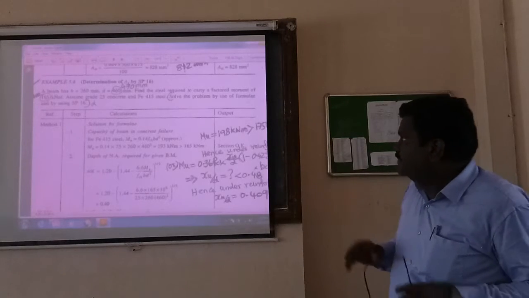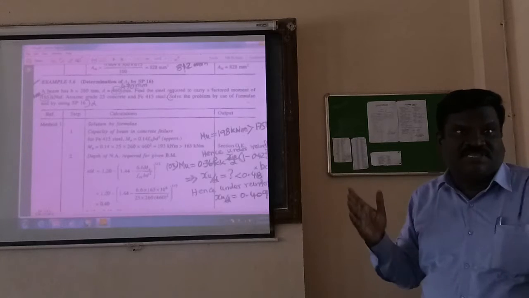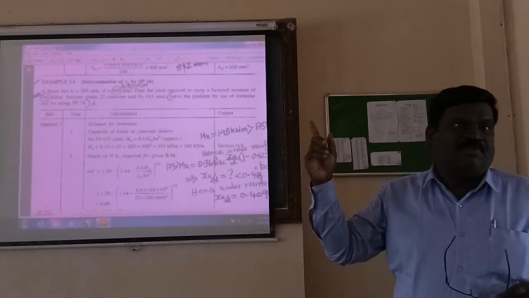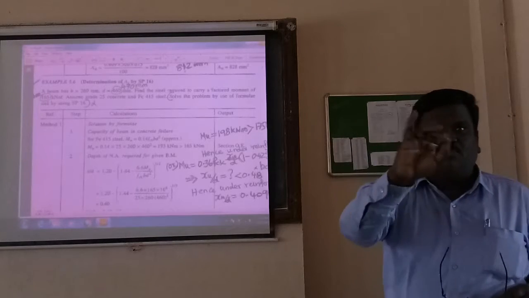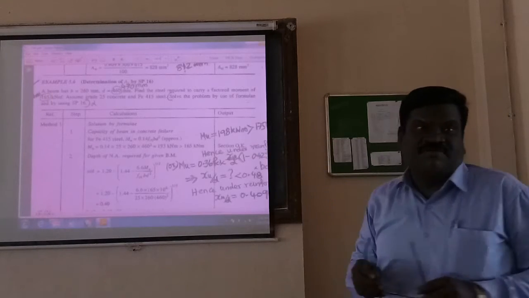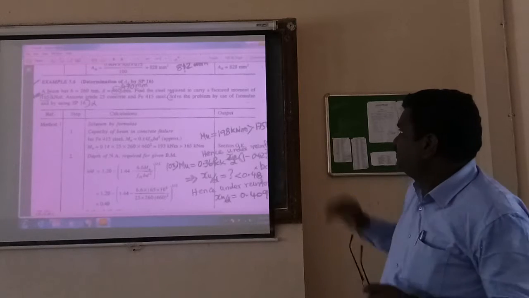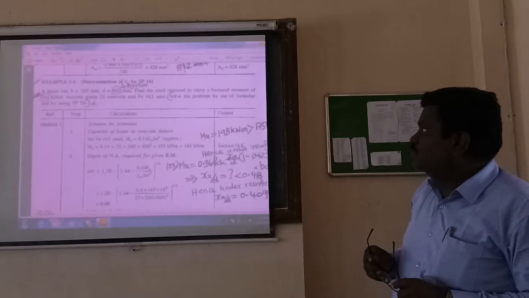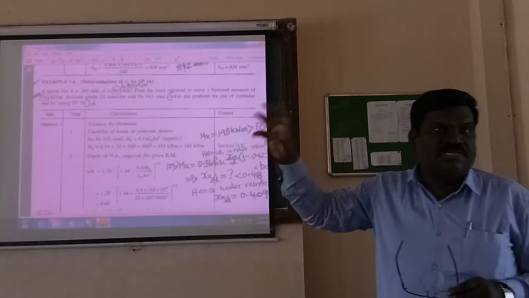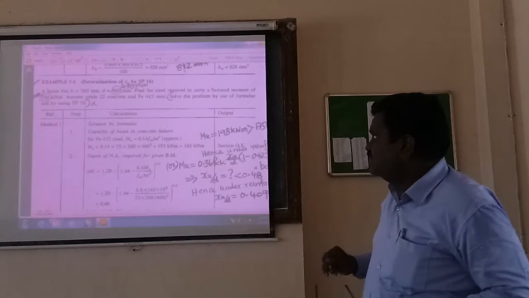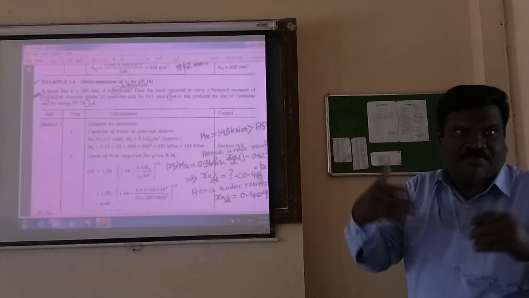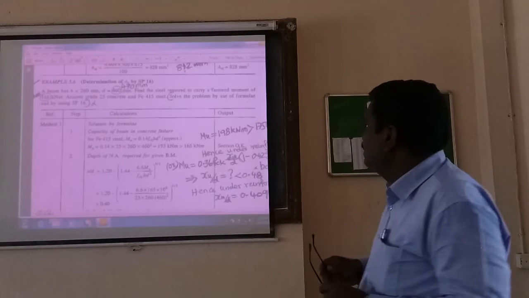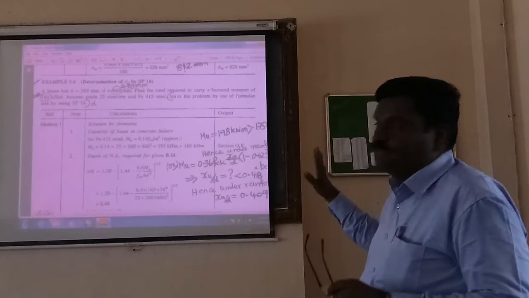The beam has width b equal to 260 mm and D equal to 460 mm. In the problem it is given as 460, but just for our computation I have slightly changed that to 470 mm, because you want to do the computation on your own. Find the steel required to carry a factored moment of 170 kN/meter. It is given as 165; I slightly changed that to 170 kN/meter, just for our practice. Assume grade 25 concrete, meaning M25 concrete, and Fe415 steel. This is the given problem.